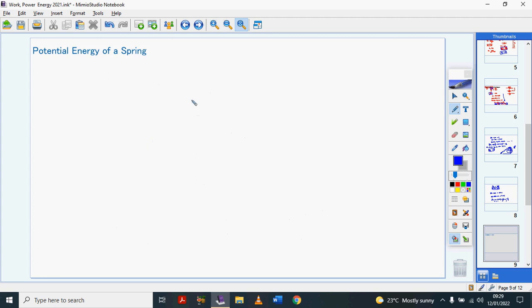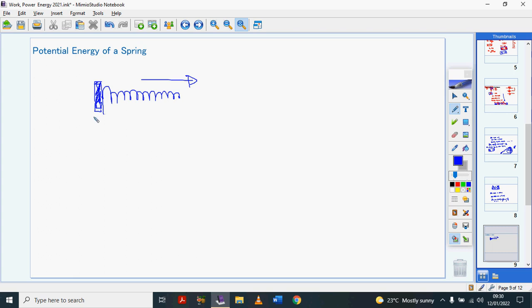Okay, the potential energy of a spring, I'm just going to dive straight into the equation for this one. The potential energy of a spring is called elastic potential energy because when a spring is compressed, right? Let's say this is a compressed spring. It has potential to push outwards when it is released, and that potential is what we call elastic potential energy